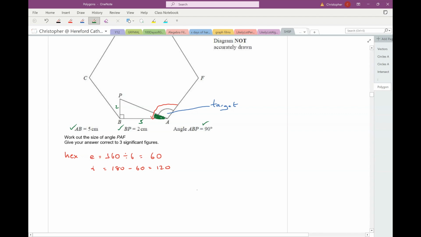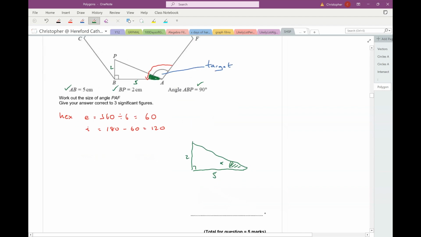Well, let's have a look. We've got this right angle triangle here. Okay, that's the angle I'm trying to find. That's 5 and that's 2. Look at that, and that's a right angle, so I can use tan, can't I? If I call that angle alpha, then tan alpha is the opposite over the adjacent. So on my calculator then, 2 divided by 5 equals shift tan equals. So alpha is